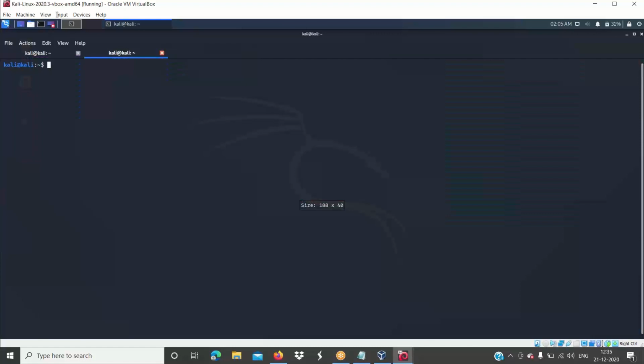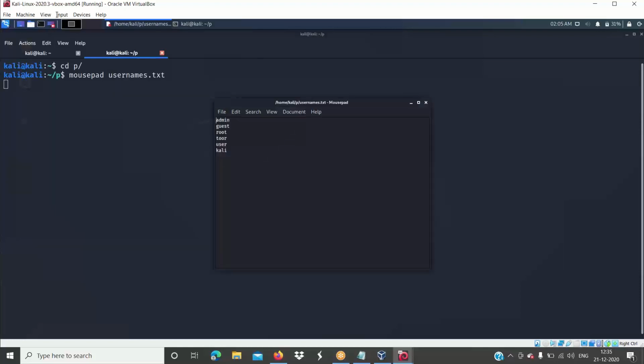Let's use this other terminal. Then let's open the username list and add the right username. Save it. The password is already there.